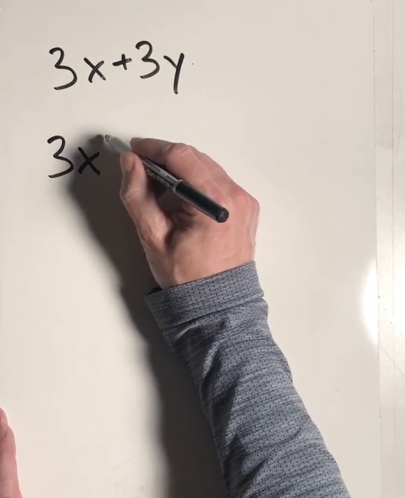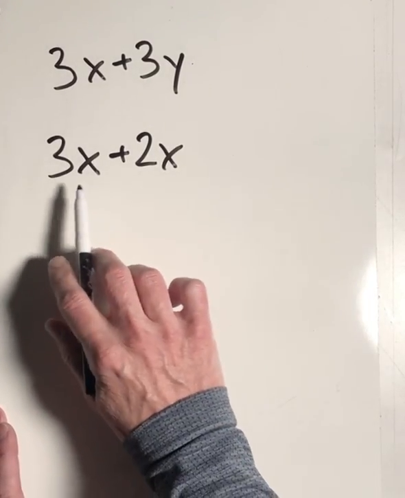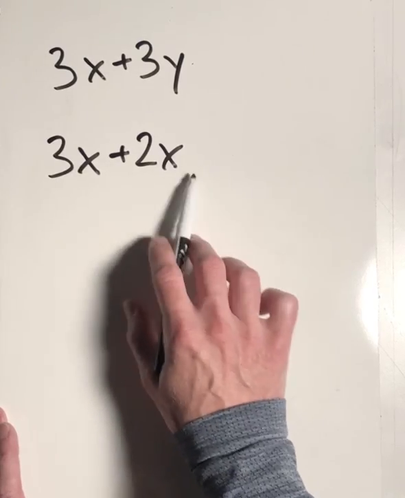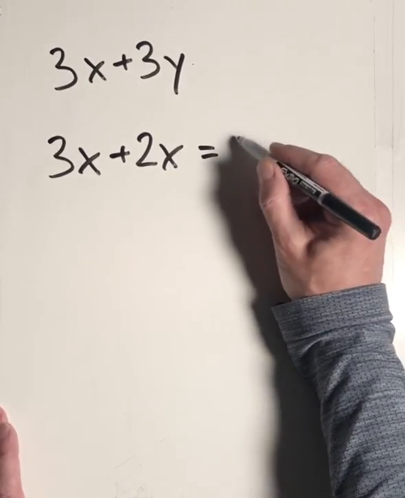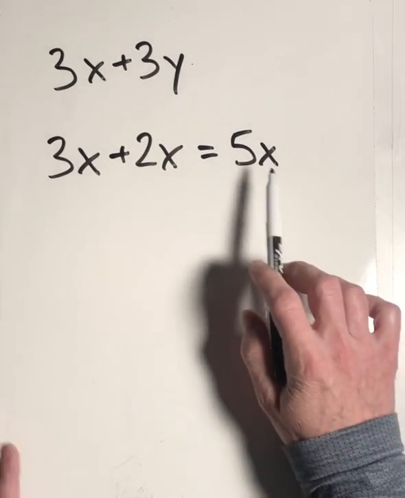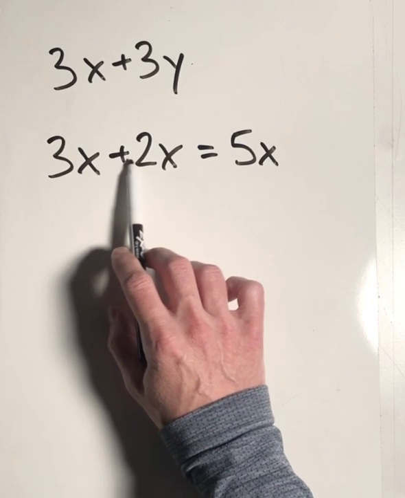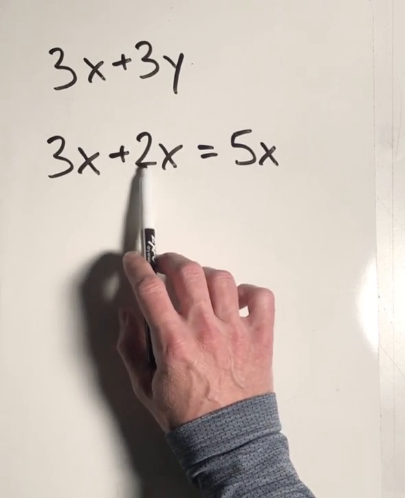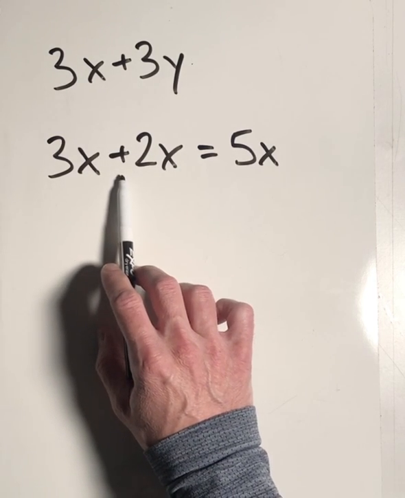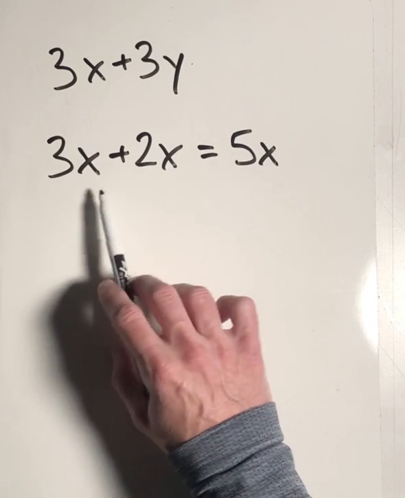If we had something like 3x plus 2x, well then these are both taken to the first power and the variable is the same, so we can combine them to make 5x. Notice how this is not 5x squared because we're not multiplying here. If we were multiplying, this would be 3 times 2 or 6x squared. But because we're adding here, we're just taking 3 of something plus 2 of something, and that's going to be